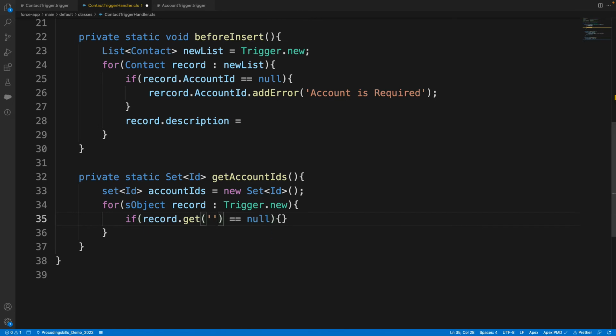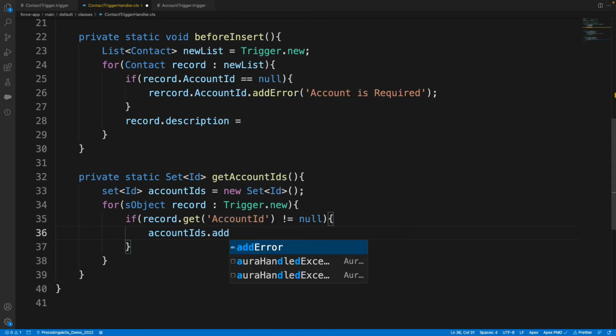This is a map. SObject is a map technically. So key values will be stored, fields will be a key, and value will be in value. Account ID, if not equal to null, then I'll say accountIDs.add